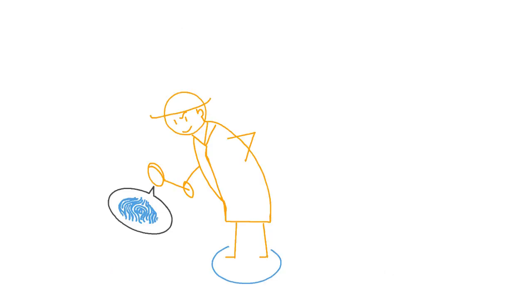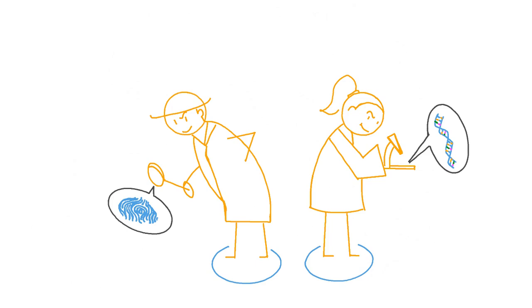For many years, the only way to identify an unknown suspect was by finding and analyzing fingerprints left on a crime scene, because fingerprints are unique to each individual. Then, scientists discovered that the DNA contained in our cells is unique to each of us as well. This gave police detectives a modern tool to identify suspects and victims. This technology is also widely used in paternity testing, helping individuals research their family tree, and in medical research.